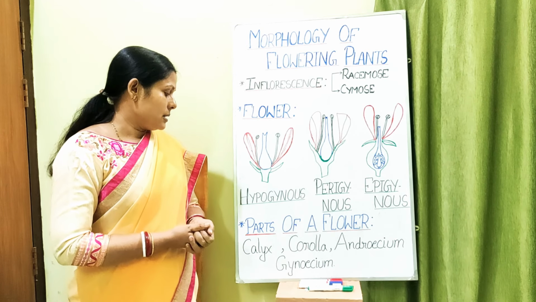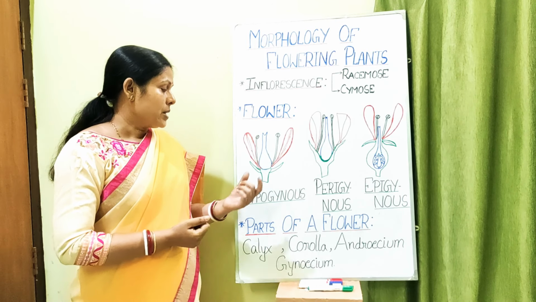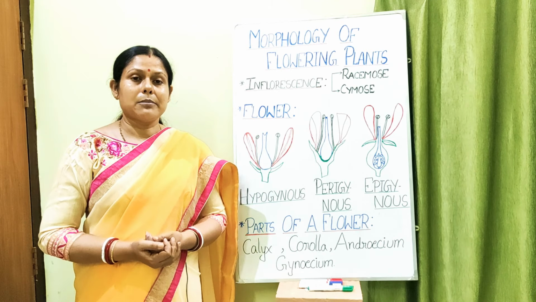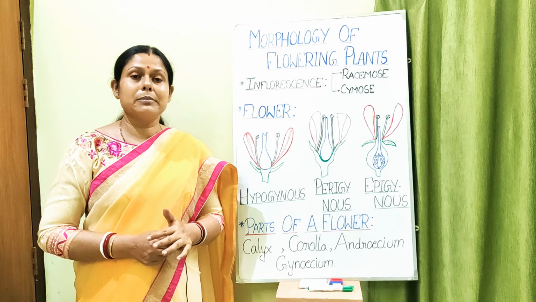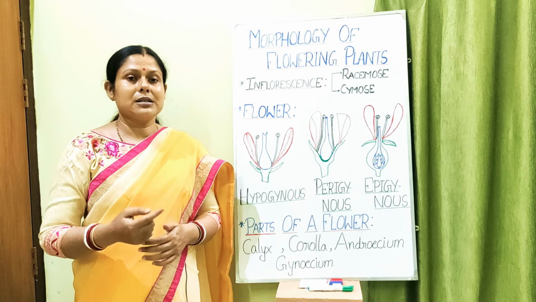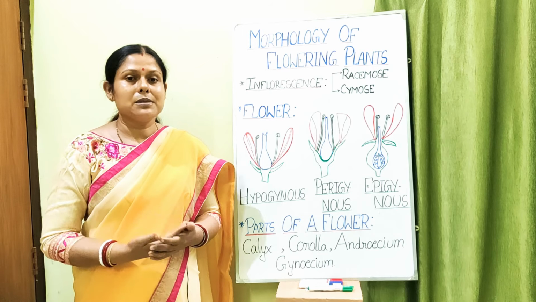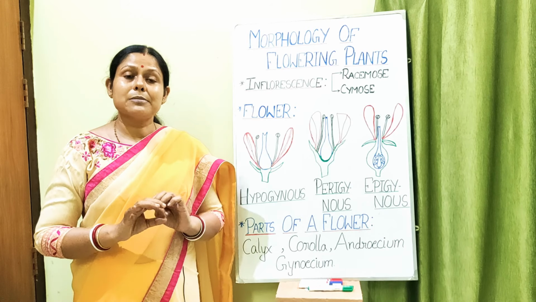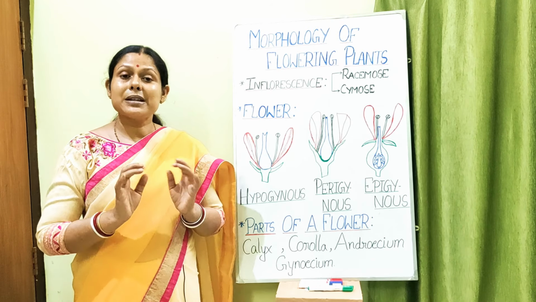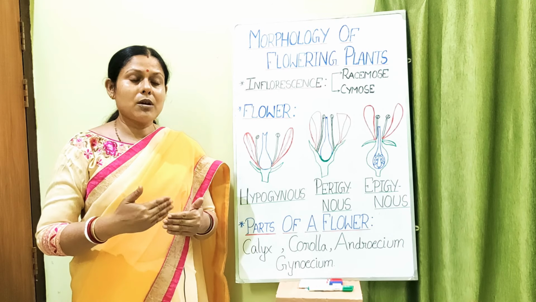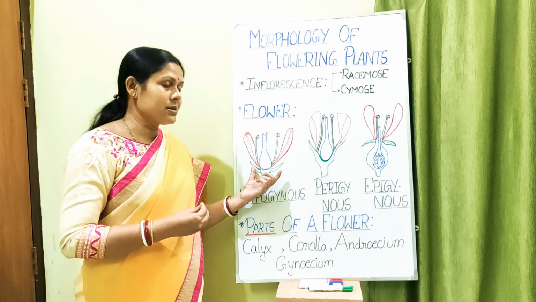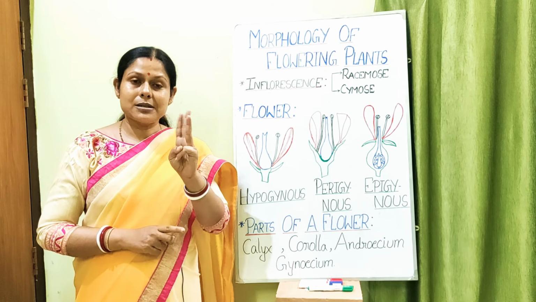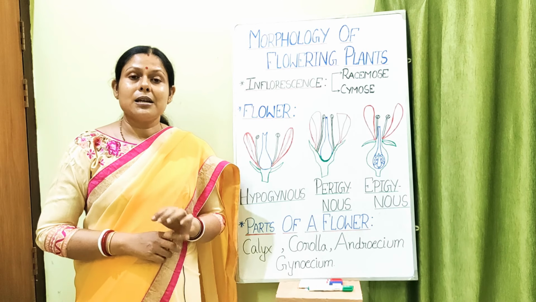Then the next thing which we should be learning is that sometimes the floral members are in multiples of some number. That means the sepals are in multiples of 3, and the petals are also in multiples of 3. Sometimes they can be in multiples of 4. That means sepals 4 in number, petals 4 in number. Sometimes it can be in multiples of 5. That means sepals 5 in number, petals 5 in number. So depending upon how many members each whorl of the flower, sepals and petals, has, the flower can be trimerous. Tri means 3, multiple of 3. They can be tetramerous, they can be pentamerous.